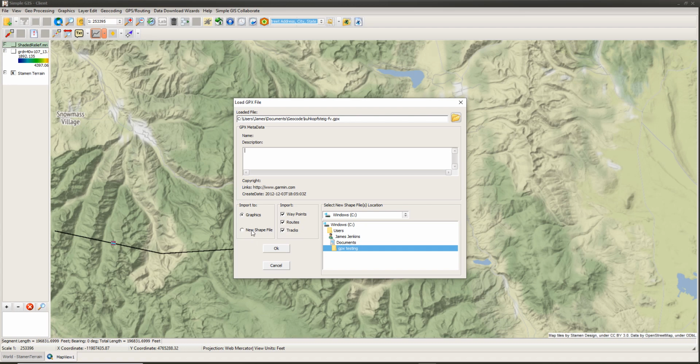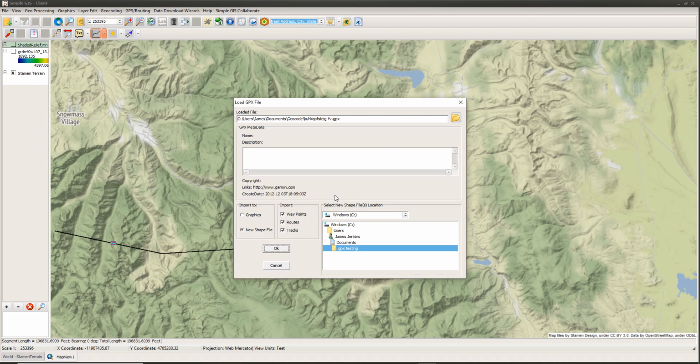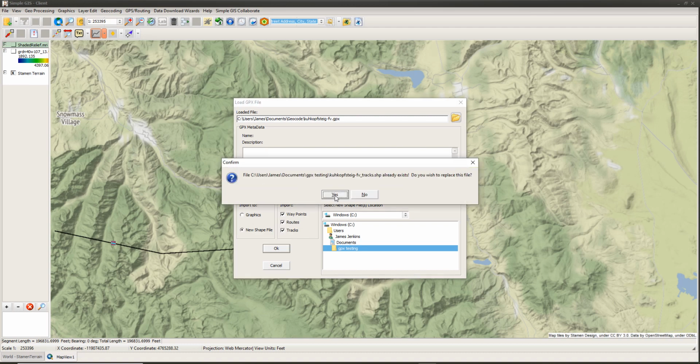And if I want to import this into a new shapefile, I select the new shapefile option, and then I select the folder where I want to create these shapefiles at. So I'll click OK. Actually, I've already imported this before, so it's just giving me a warning that those shapefiles already exist. Do I want to replace them? For the purpose of this demonstration, I'm just going to replace them. I'll overwrite each of those shapefiles,